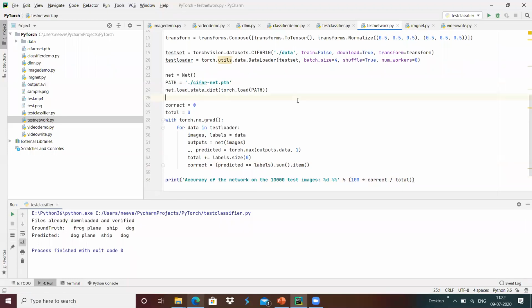Earlier we just loaded one image from the test data set and confirmed the result.